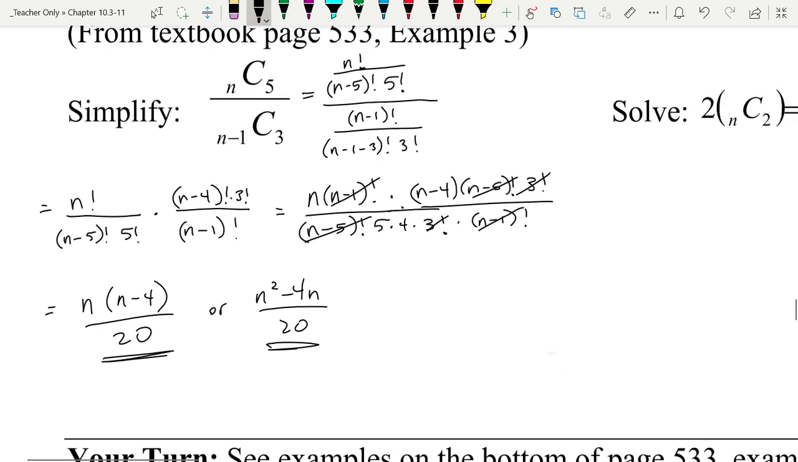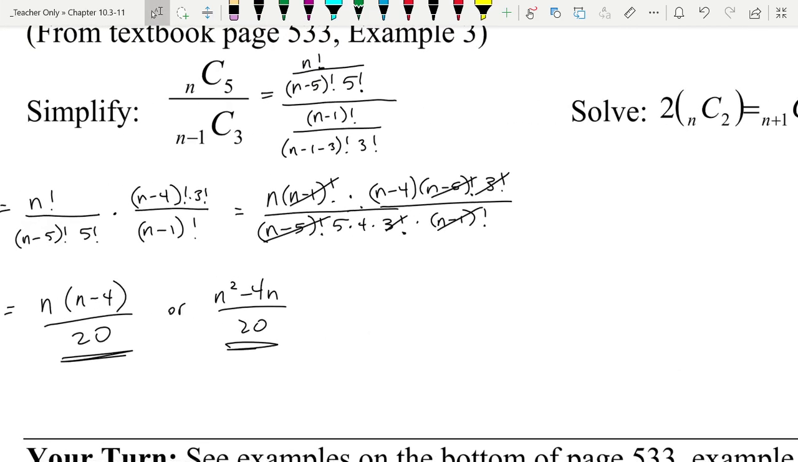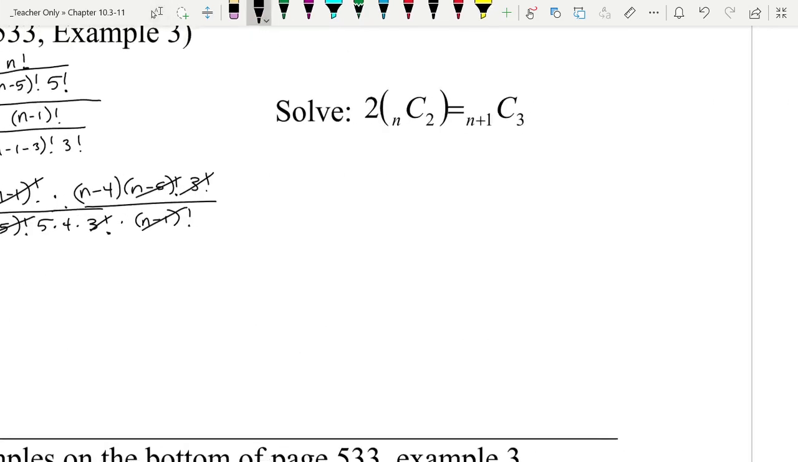Let's try another one. Let's solve. This time, do you see the difference between the instructions? Simplify means get to the smallest possible piece of algebra that you can. Solve, this is an equation this time. This time I'm actually looking for a value for n. So this is equation solving. So I have